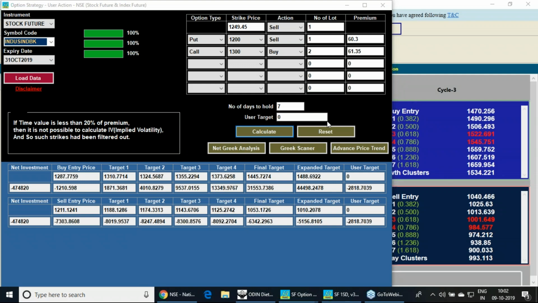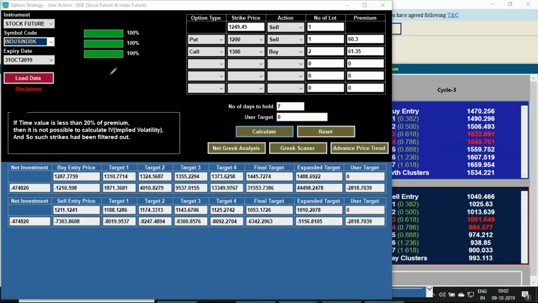And if you want to make it really market neutral, because this requires a very small margin, this particular strategy, you can go for it with 70,000 margin, call and put: two call buy, one call sell, two put buy, one put sell. That also will take around 1,40,000 margin. But you have to employ some money. And if you have 3 to 3.5 lakhs worth of capital, then you can form a